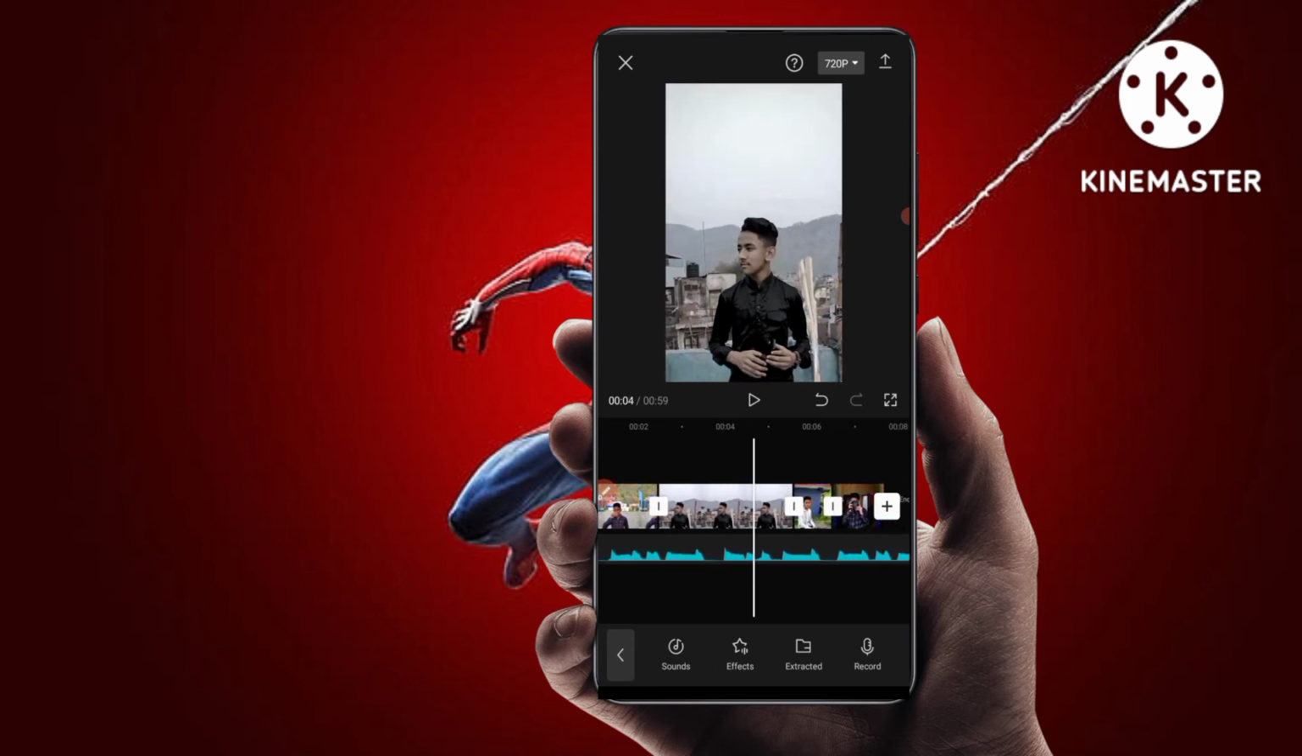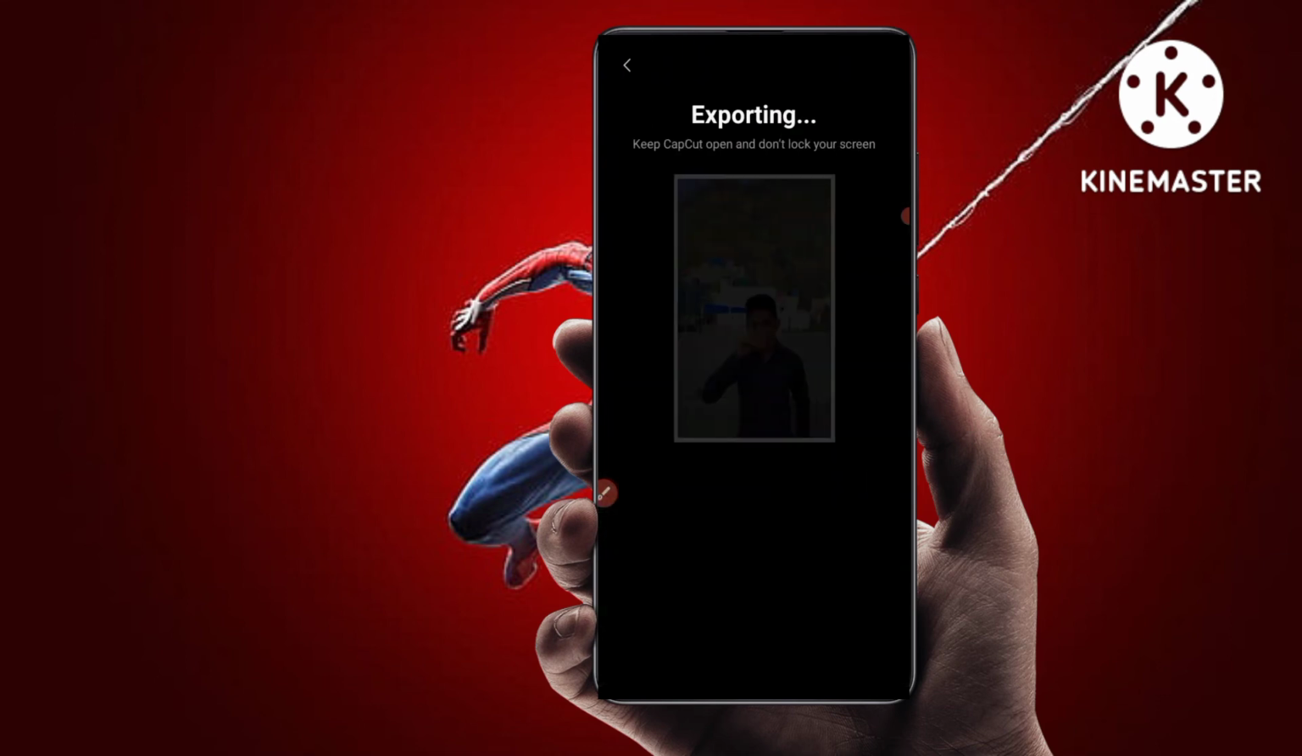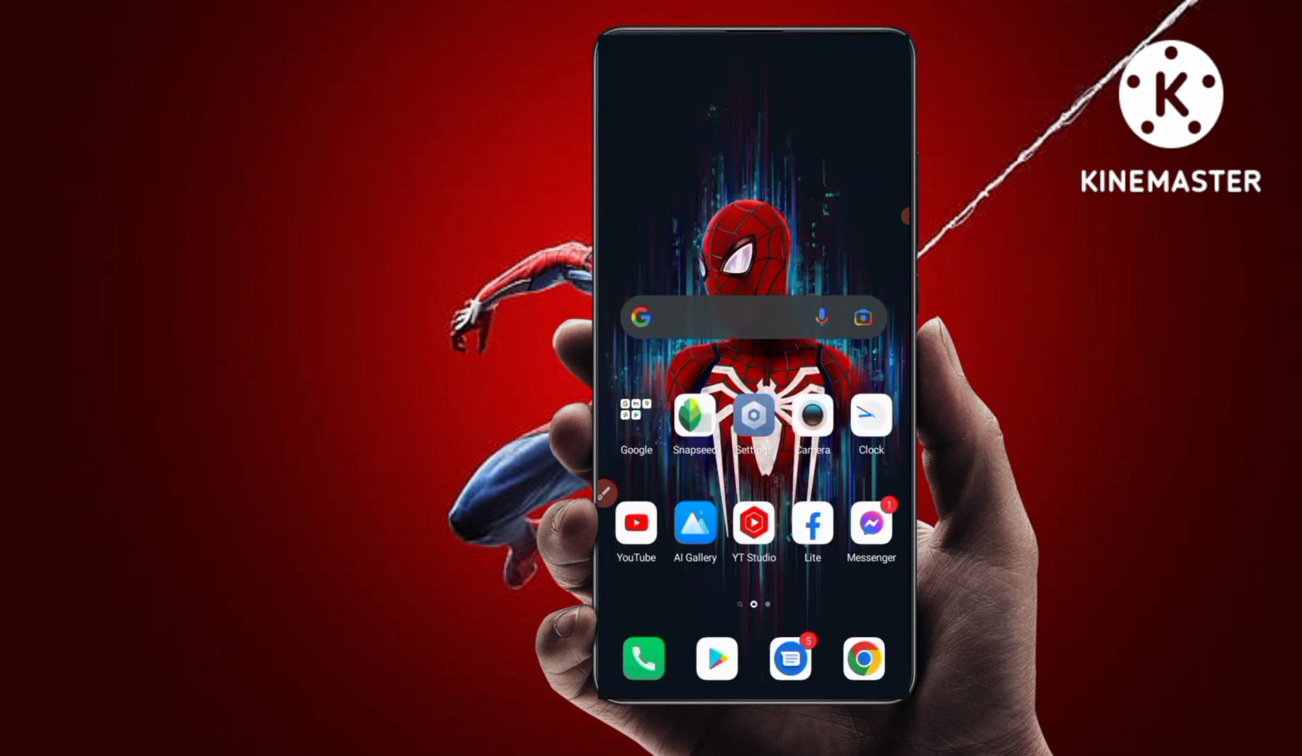Okay, after you complete, if you want to download, just click on this and select the resolution, and now this is saving to my gallery. Okay, so this is the method, guys, to add a 3D effect to any photo or video from this app,